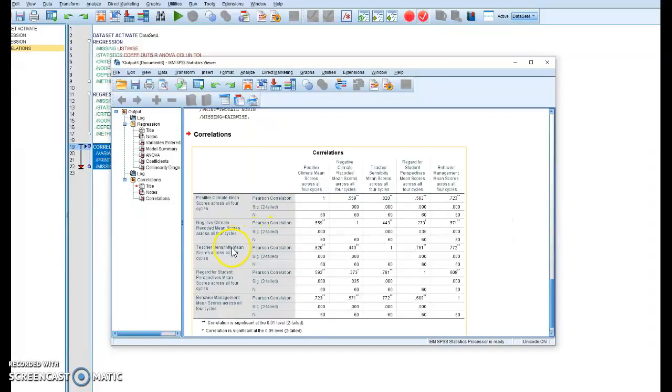If you look at teacher sensitivity mean, I see a very high number. High number means close to 1, between itself and positive climate mean across all 4 cycles. It is also highly correlated with regard for student perspectives and for behavioral management mean scores across all 4 cycles. This means that there is too much overlap between my independent variables, and it is dangerous to include them all